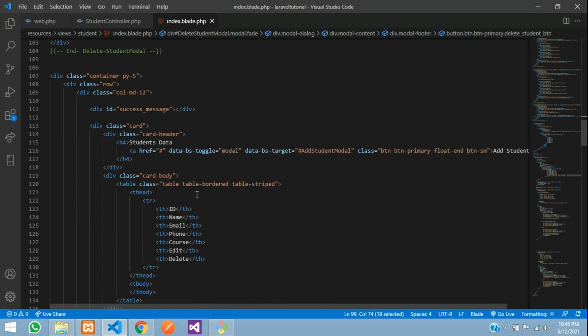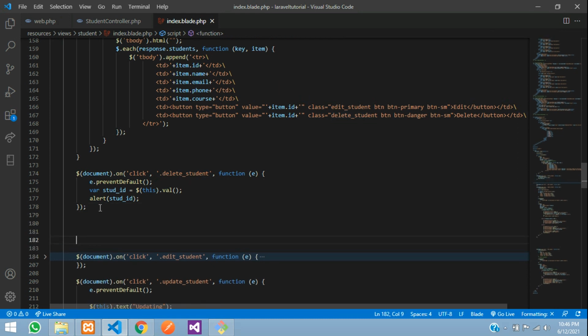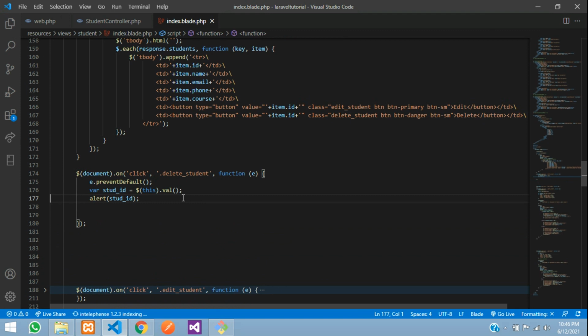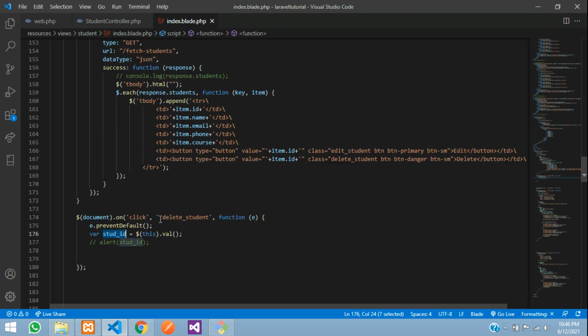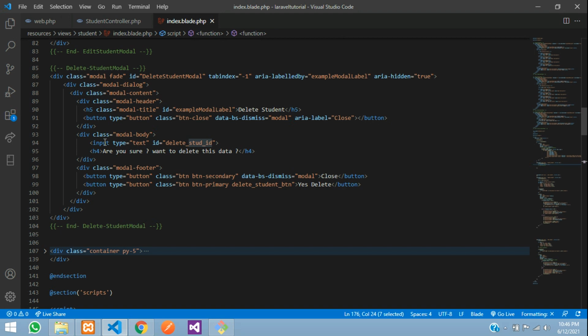So now in our jQuery, this is the delete student. Let's make a little space because we are getting confused where it is. Alert, and now I want to send the student data into my input box. So which input box? Your delete modal, this input field.